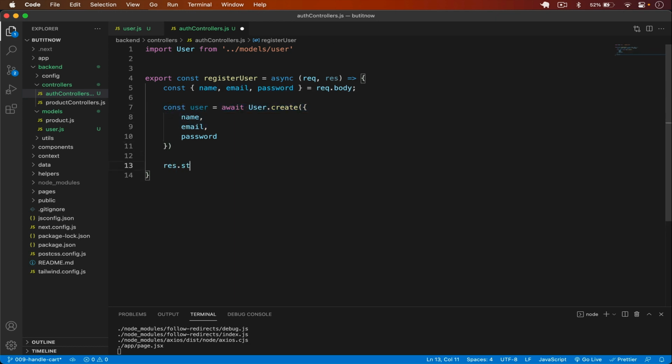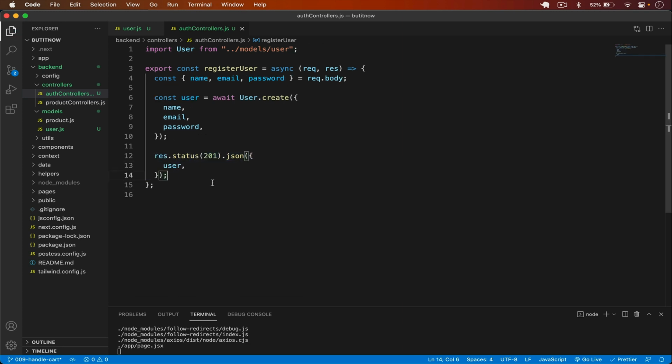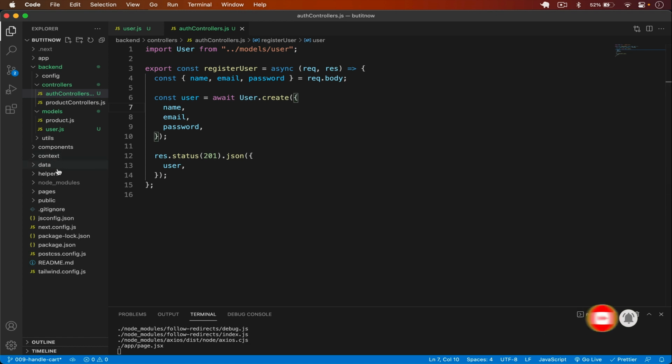So I type here res.status, that is going to be 200 or 201 because the user is created. So .json, in that I will pass in here the user. Okay, so now the user is created. Simply save it. Our controller function is ready, and now we have to go into the pages in the API,